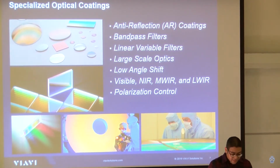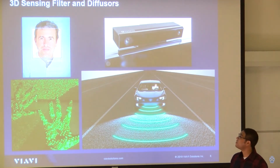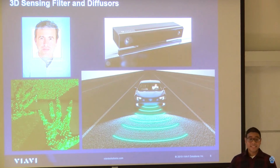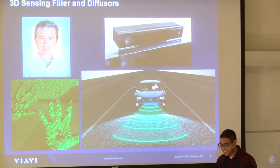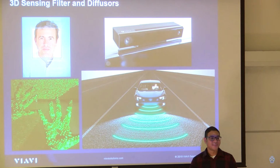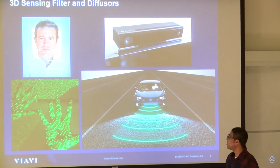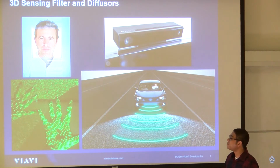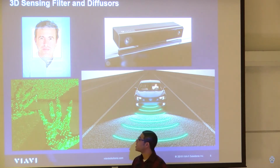So a couple of the applications for this is 3D sensing. So we do the filters and diffusers for a lot of 3D sensing applications. It started off in the Xbox Kinect. If you don't know what that was, just a video game where it could sense basically movement of your body parts, and you could go like this, have you kick a soccer ball into a goal, or you could select things with your hands. But since then, things have improved. We've gone into topology measurements, LiDAR systems, and last year we actually acquired a company, RPC Photonics, which does specialized